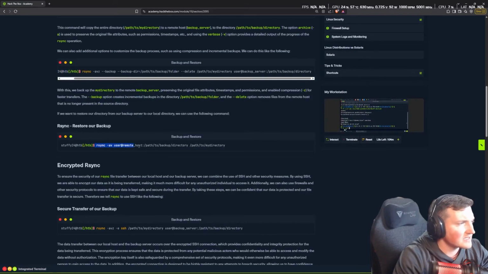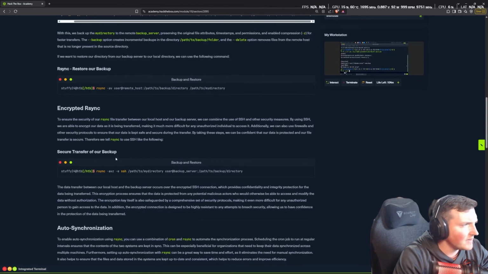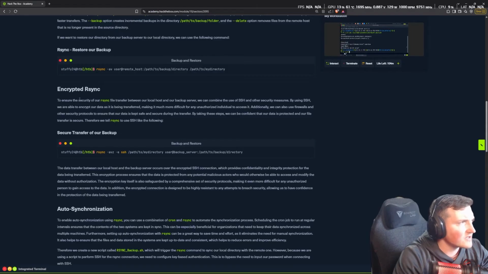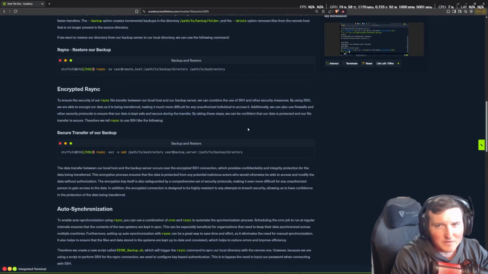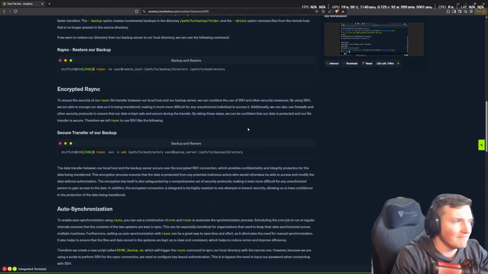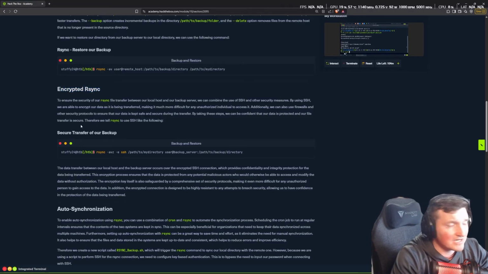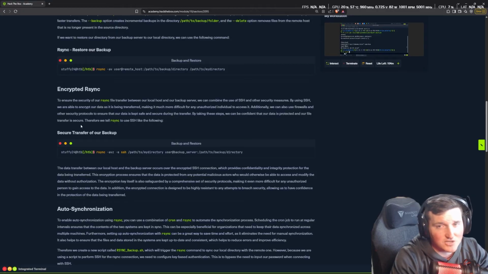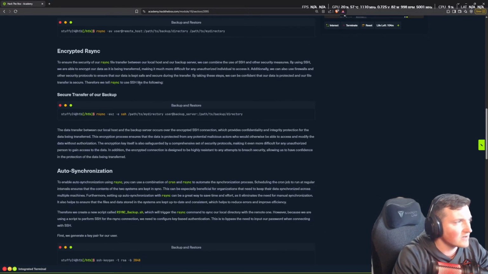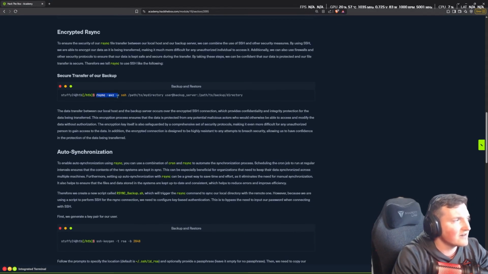Then here, this is how to restore. And then encrypted rsync. This is what I'd recommend anytime you work with compliance, legal, really any company at all. You need to have your backups encrypted in transit and at rest, meaning even when you do the encryption and transfer them to a location, it should be encrypted the whole time. So this is what you should be doing. But you can see here, they're saying rsync and they're using SSH to